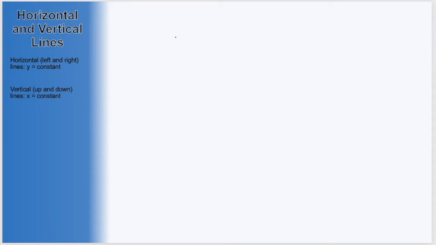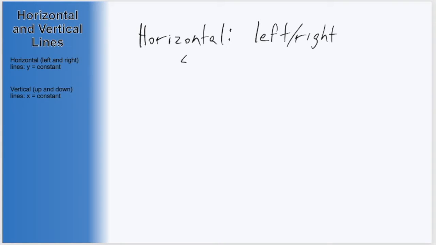First, let's make sure we are comfortable with the terms horizontal and vertical. Horizontal lines refer to straight lines that go directly left and right. Or rather, lines that look flat, like this one. We will find that horizontal lines come from equations of the form y equals a constant, or just y equals a number. On the other hand, vertical lines